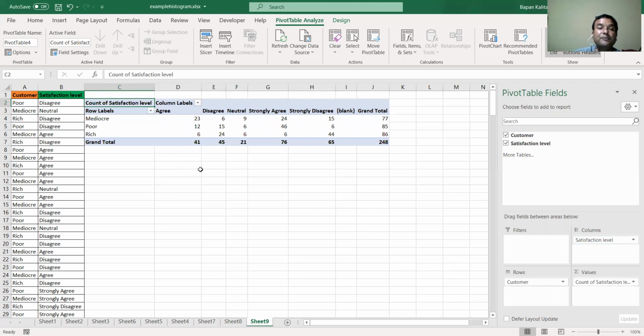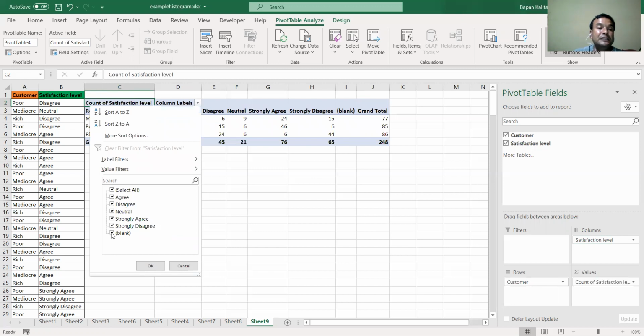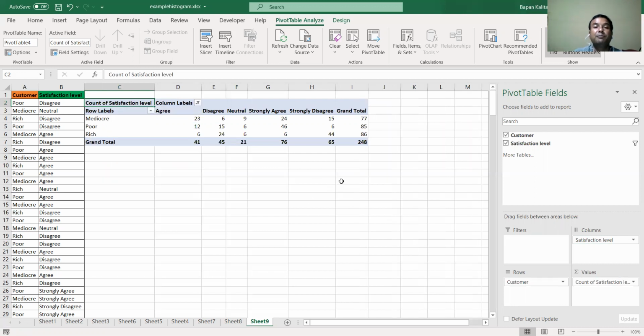Is this clear? In the pivot table, we have seen there is a blank column and we do not require it. So we can remove this blank column: go to the column labels and deselect the blank selection, and you can see the blank column has been removed. Now this is our pivot table.